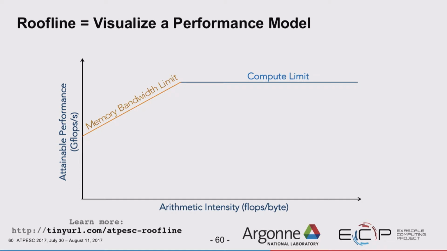Roughly, for a while, in terms of intensity or flops per byte, you'll be memory bandwidth limited unless your application has a lot of computation per byte. When you hit that, you hit a compute bound limit. It does not help to optimize your flops when you're memory bandwidth bound, and it does not help to optimize your memory accesses when you're compute bound. And wow, you can go over here and optimize the daylights out of your cache misses and so forth and see no performance change. So knowing where your application is operating matters.